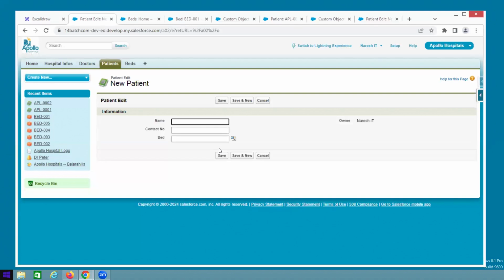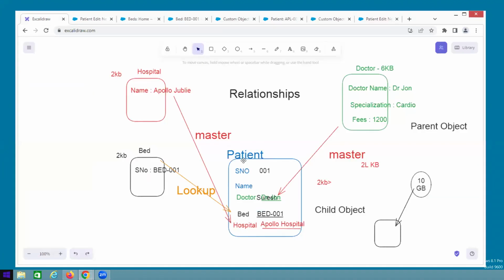So that's the reason I will tell you the next concept. In this case, we are just adding the bed, but bed may not be required. But in the same patient, you must assign the doctor. In the same patient, you must assign the hospital. In that case, patient required doctor, patient required hospital. So in that case, which relationship can you use? From where? From patient. So go to patient,